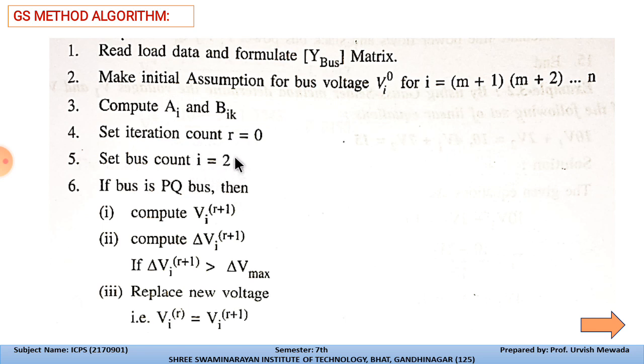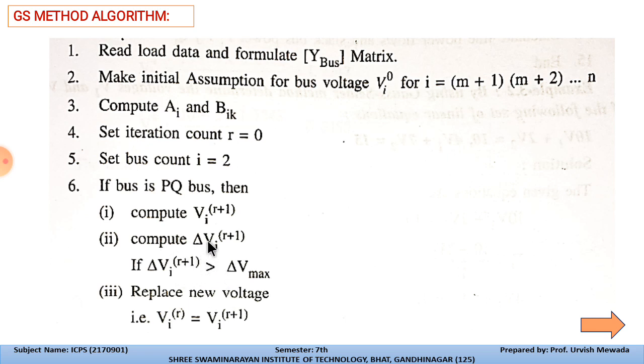Because we have considered the slack bus as bus number 1. So if the bus is a PQ bus, then compute Vi(r+1) and compute delta Vi(r+1). If the given bus is a PQ bus, then calculate this and check this condition. If delta Vi(r+1) is greater than delta V max, then once you get this you can stop